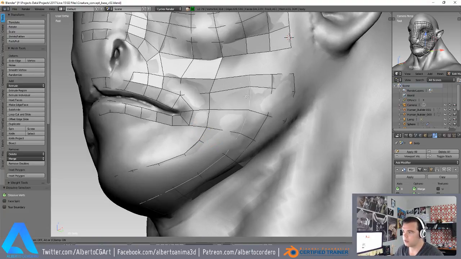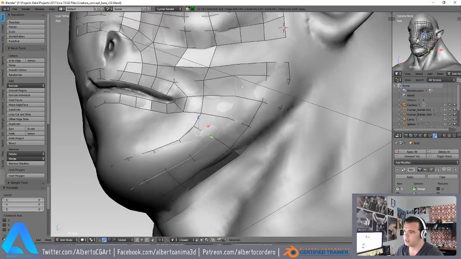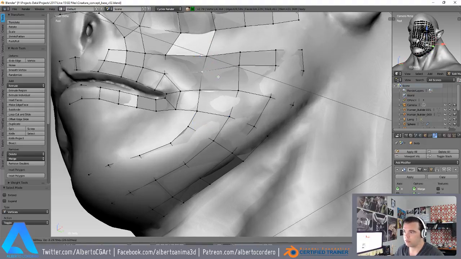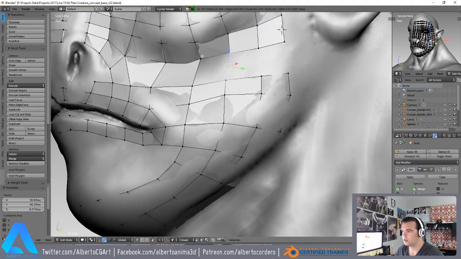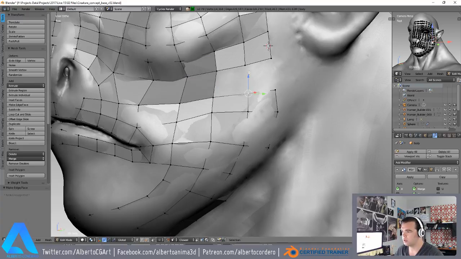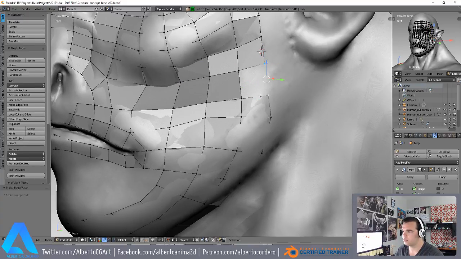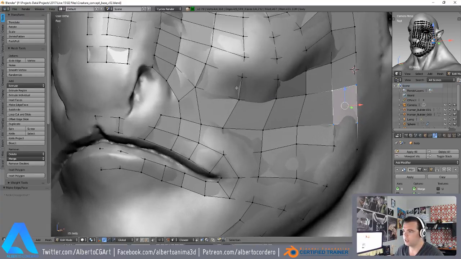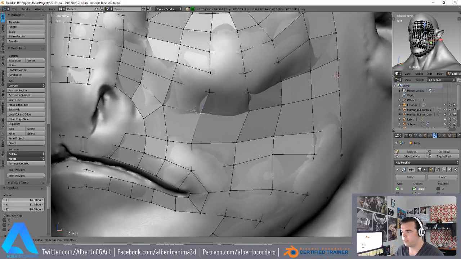One second. Like you see, you can always make it happen, make it work, right? There you go. Voila. So as you have that big pole right there, but